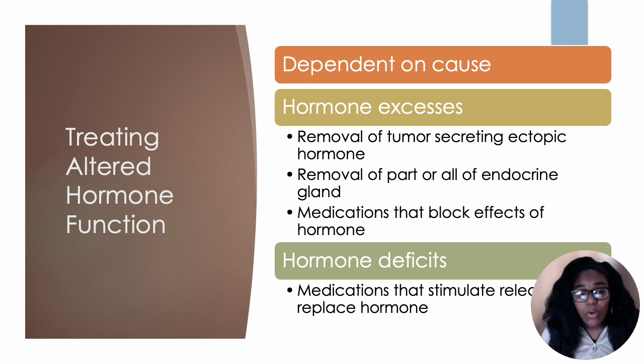When we treat hormone functions, it depends on the cause and which hormone is actually elevated or not elevated. If we have hormone excesses, you want to remove the tumor secreting those hormones. It may be an actual endocrine gland that's secreting excess hormones, so you may remove part or all of the endocrine gland that's doing that, or you may take medications that block the effects of that hormone. If it relates to a hormone deficit, you may have medications that help stimulate or replace that hormone that is